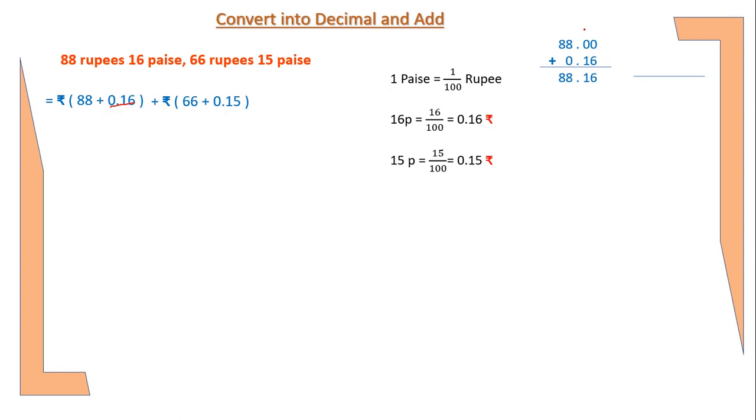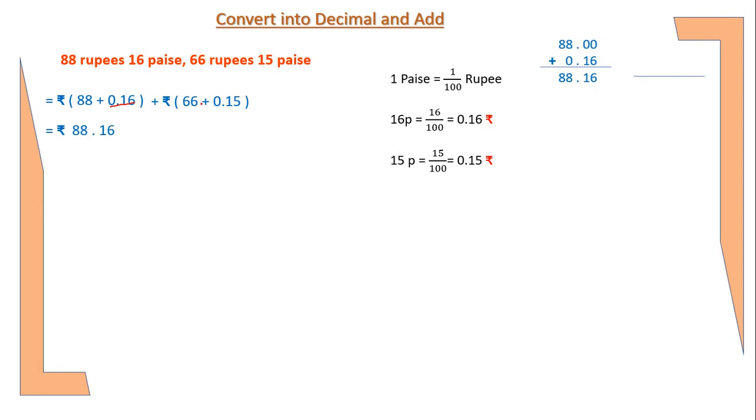Then I will take the second decimal. I will arrange that one according to place names. After arranging that, 0 will come in ones, point will be below the point, 16 will be 16 in the decimal part. After adding these two, we will get 0 plus 6, 0 plus 1, decimal point as it is, 8 plus 0, 8, and 8 there is no digit, which means 8 as it is. We got 88.16. So that I wrote here.